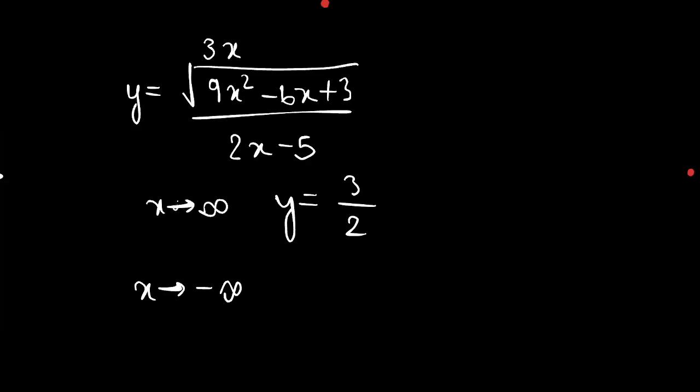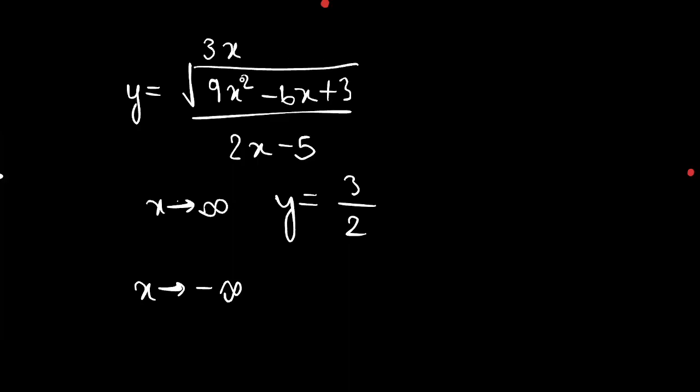Well, the common mistake that students make is that they plug negative infinity into the simplified form, this 3x, but that is not what you're supposed to do, right? If you plug negative infinity into our 3x over here, that would give us the wrong answer. So what we do is we plug negative infinity into the x while it is still under the